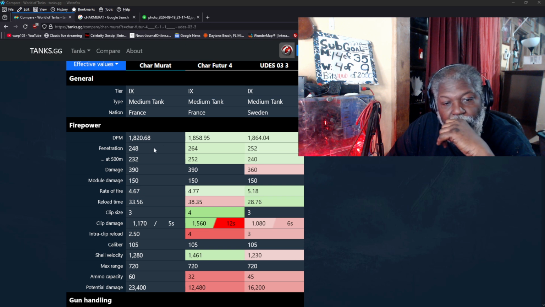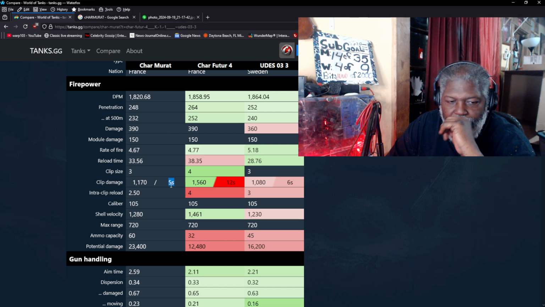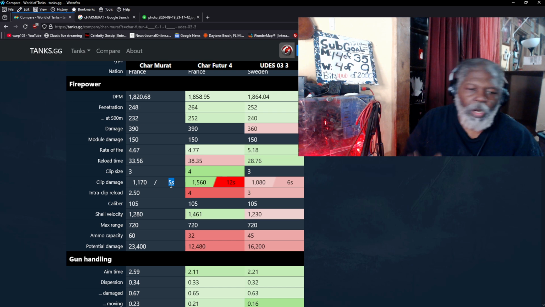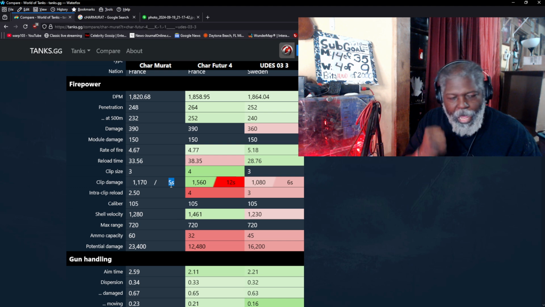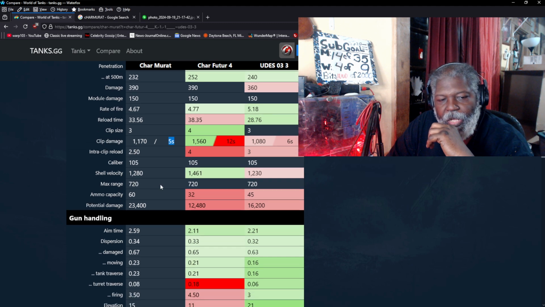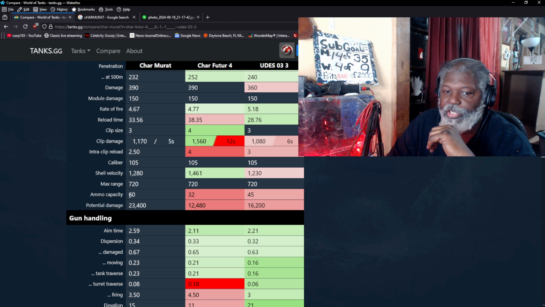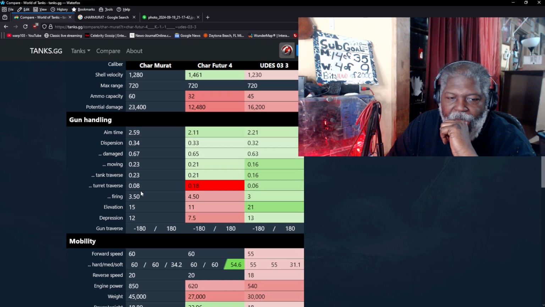Less DPM, less penetration at distance. Yes, it does have the almighty alpha, and you can dump your clip in 5 seconds. Woo! Yeah! All right, you can dump it in 5 seconds. So your intra-clip reload is 2.5. It's a 105 like anything else like that. Shell velocity is a little bit lacking versus one of the other tanks. You do have more ammo inside this tank, but the tank is much larger, so that's an issue on its own. And then when you look at the gun handling,